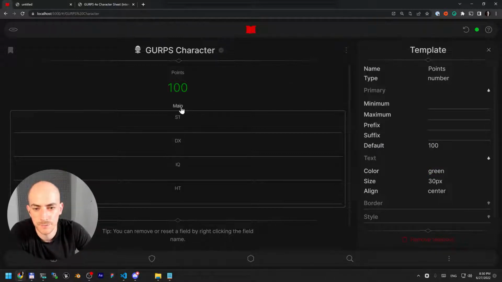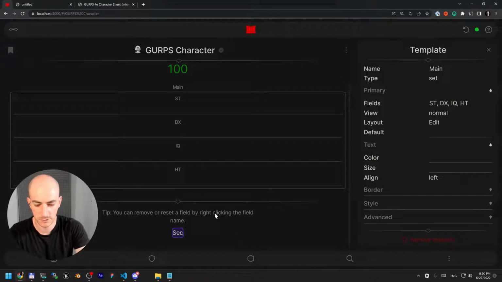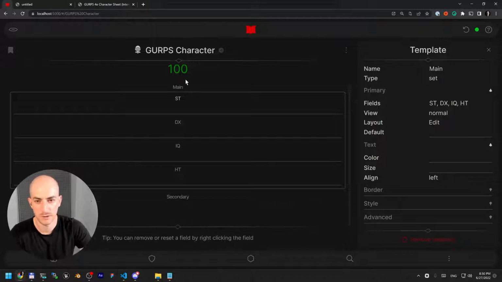So now we have our main attributes, and we have our secondary, or maybe, I don't know, it's just too long to type. Okay, never mind, secondary. So maybe rename this to